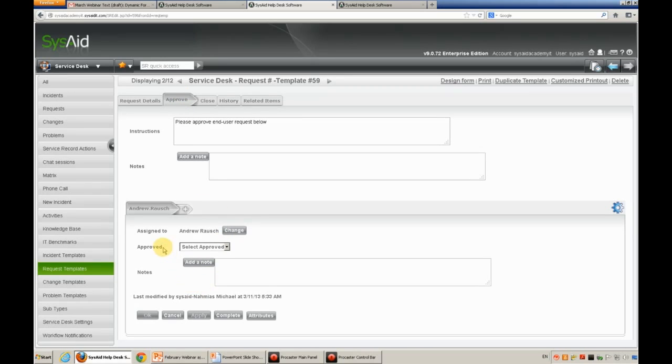And also, the assigned admin in this case is not supposed to be especially an admin. It can be even an end user. It could be an end user in SysAid. It doesn't have to be an admin, as in the regular ITIL templates. Okay, so we have the request. Now, if we go